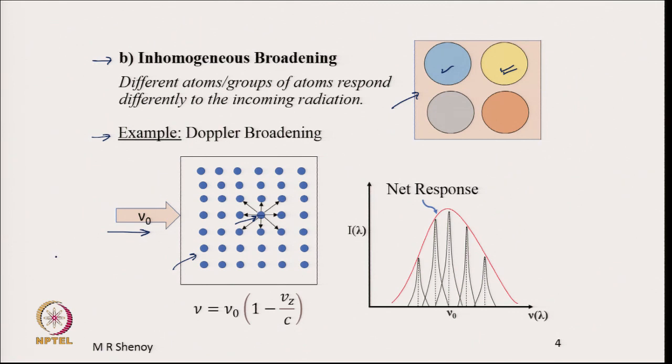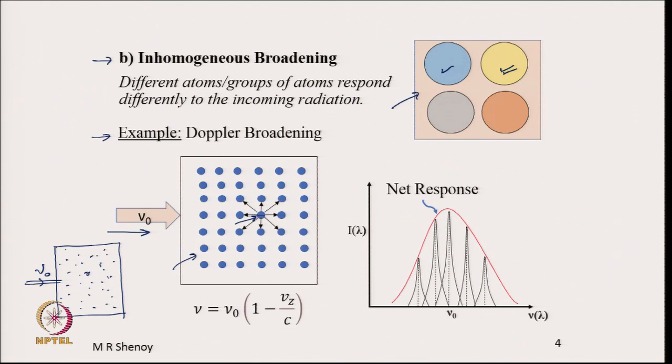It may be easier if we consider a gas, instead of the crystal; we will come back to this later. If you consider a gas with groups of atoms travelling randomly in all possible directions, and there is an incident radiation of frequency nu 0 on the atomic system, then